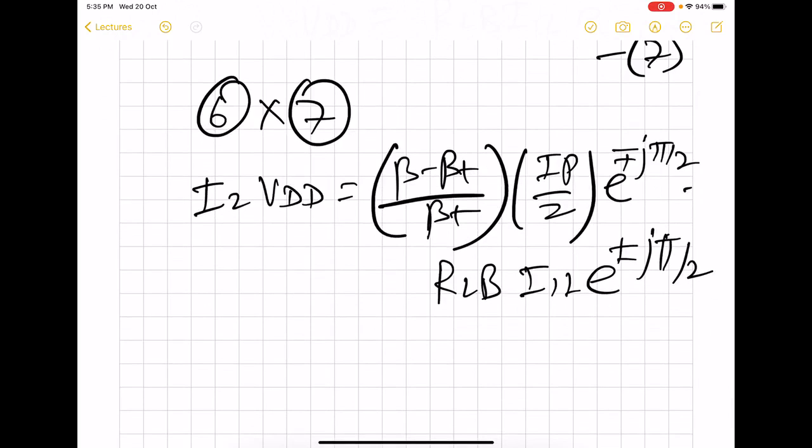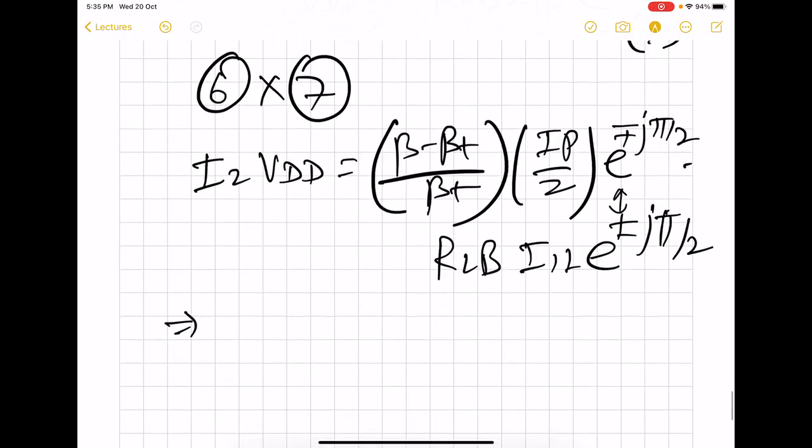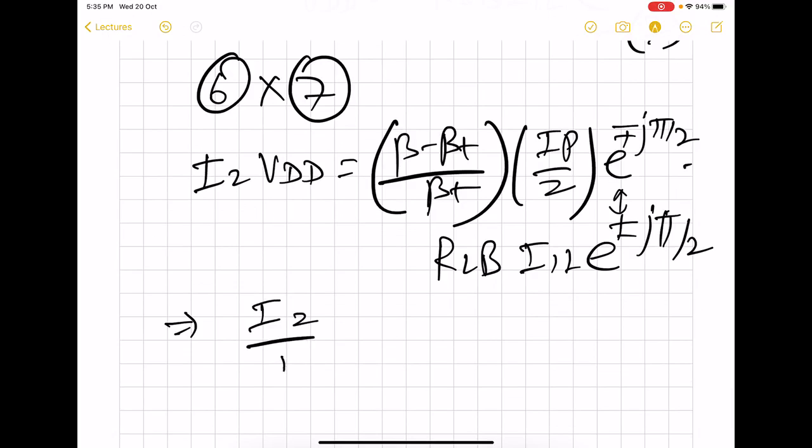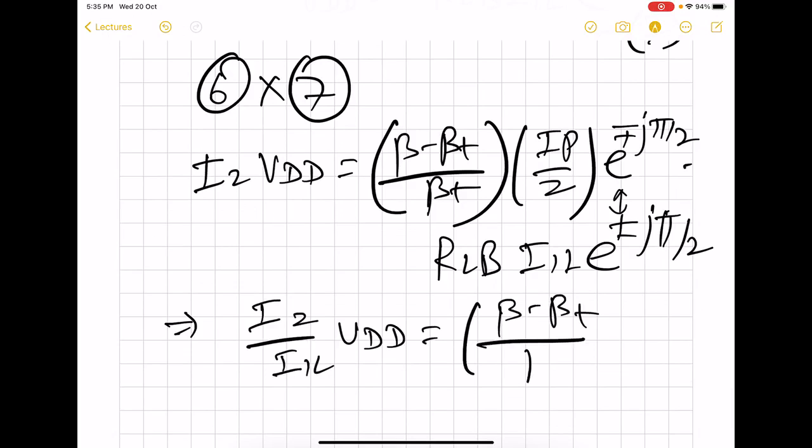So here these two exponential factors will cancel out, and what we will have is I2. We can take I1L to the left side. So the right side becomes beta minus beta t by beta t into IP by 2 RLB,